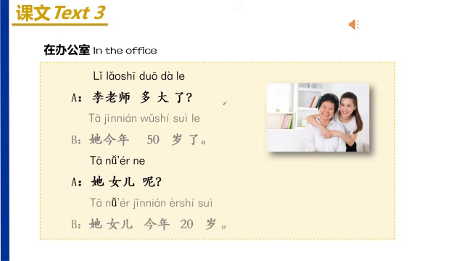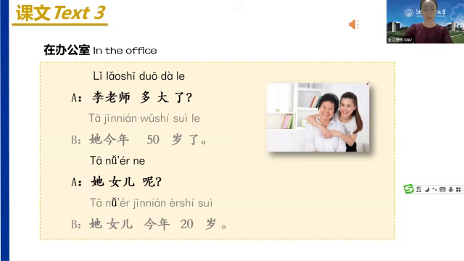listen to the 课文3 Text 3. 李老师多大了？ 他今年50岁了。 他女儿呢？ 他女儿今年20岁。 New words. 多 多 大 大